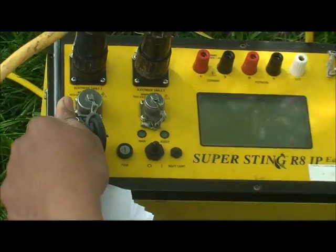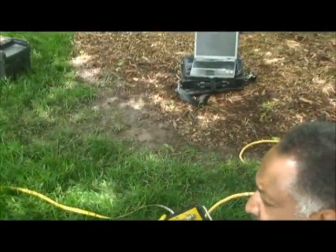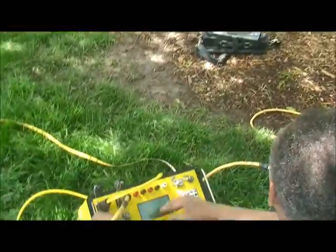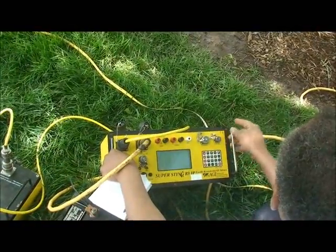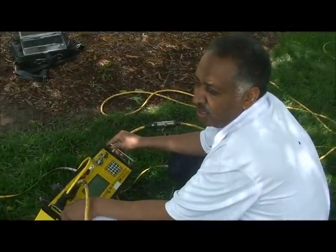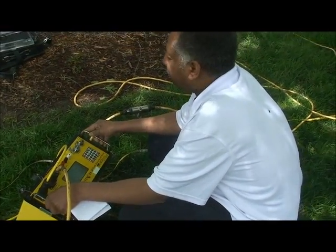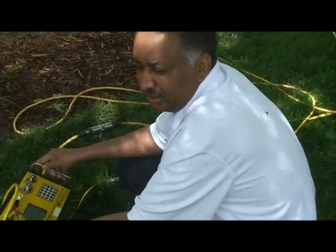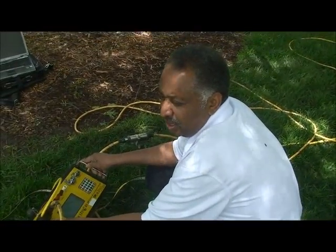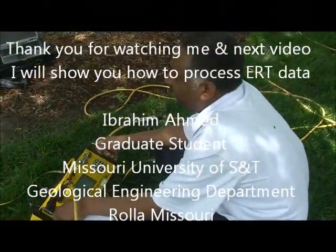And with the help of a laptop, you can transfer the ERT data file to the laptop or your PC. And next time I'm going to show you how to process the data, and you can get a 2D or 3D